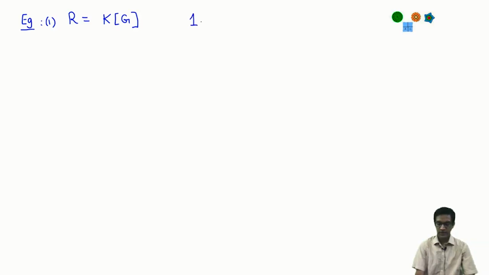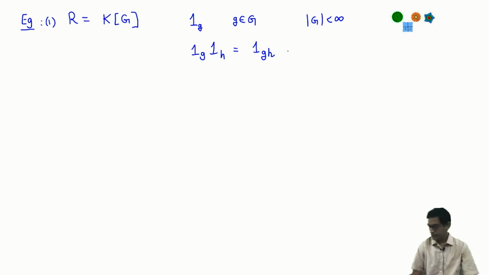As a vector space, it had elements which looked like 1 sub G. These were the basis elements as G runs over the group G. Recall here I am taking G to be a finite group. So these form a basis of this space thought of as a vector space over K, but what's interesting here really is the ring structure. So we take 1G multiplied by 1H, we said is 1GH. Look back on the lectures on the group ring to recall the definition.